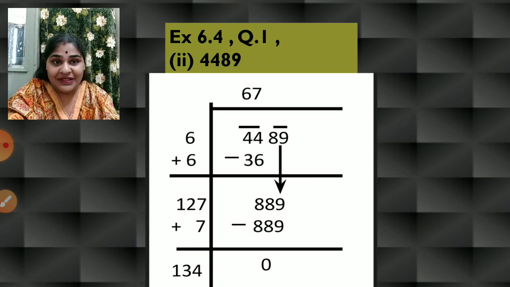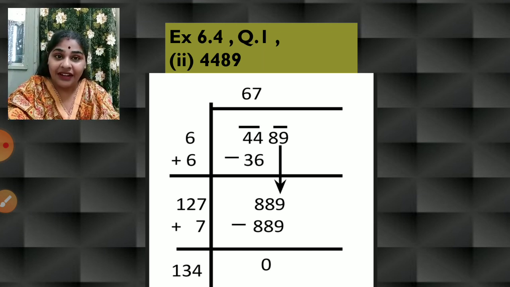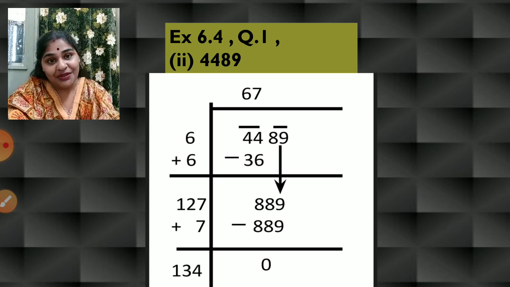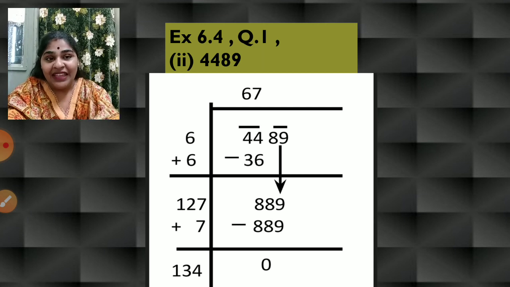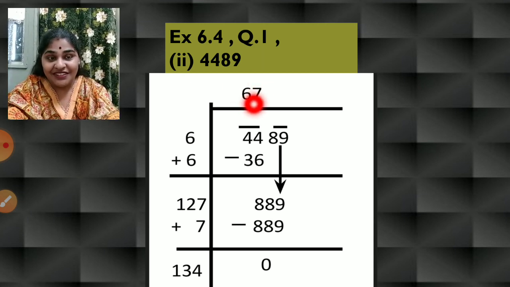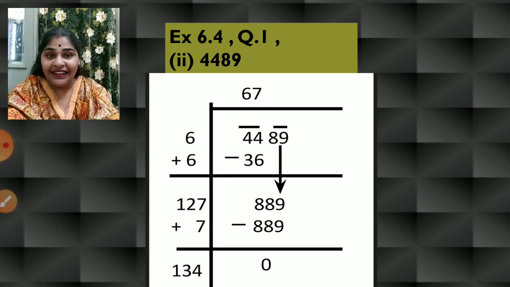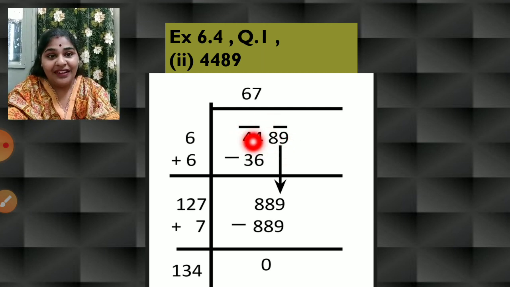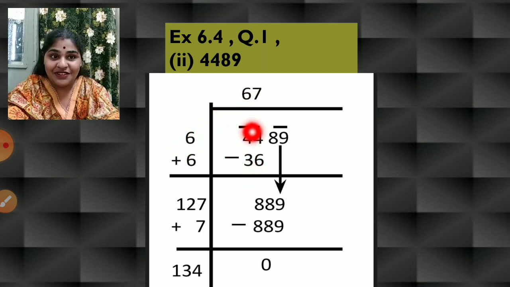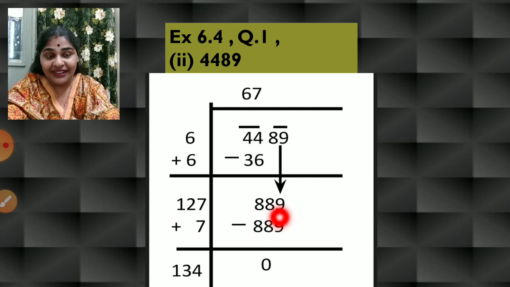One more example, the second one. All of you children, make a note that whenever you are writing in the class work, this is how you are going to write. Till the end you will complete it and cross check that the answer you got is the square root of the given number, and twice of that should be the number on the left hand side at the end. So here you can see, 44 is one pair, 89 is another pair. We got 6 sixes are 36. We subtract and get 8 as the remainder, and the next whole pair 89 comes down. So the number on the right hand side is 889.